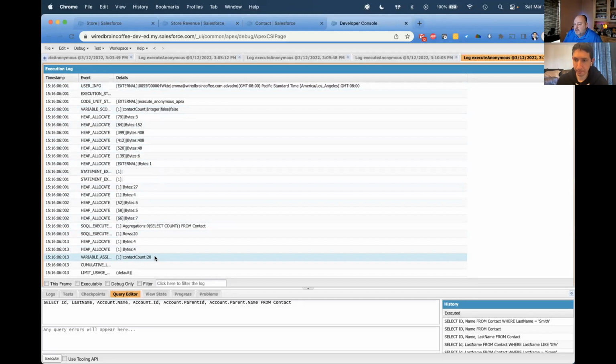Other aggregate functions like sum, average, min, max will rely on the group by function. So one of the modifiers, one of the conditionals that you can put into a SOQL statement, I don't think we'll go into too much detail here. That would be a good one for learning on the side. But the group by function says